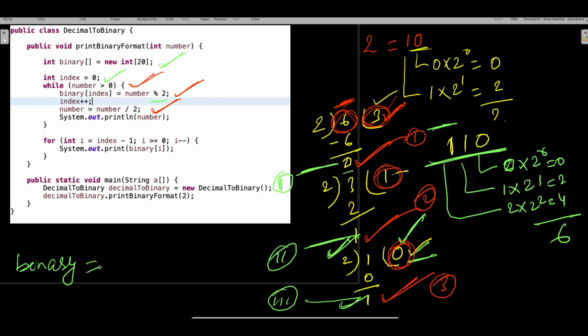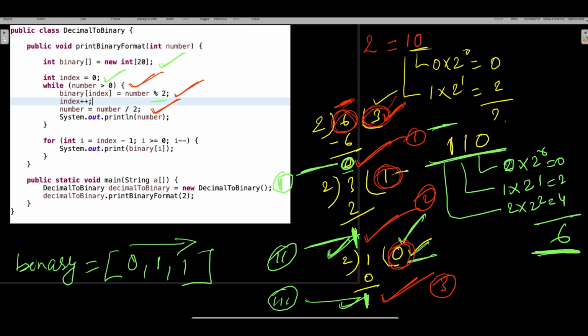My array will look like this: 0, 1, 1. This is my array where I will store the data. So that's how it will look. Now once we have stored the data, if you remember guys, that's how we store the data in these directions. But if you look, it was 0 here, it was 1 here, and then it was 1 here, right? But how are we getting 6 here?